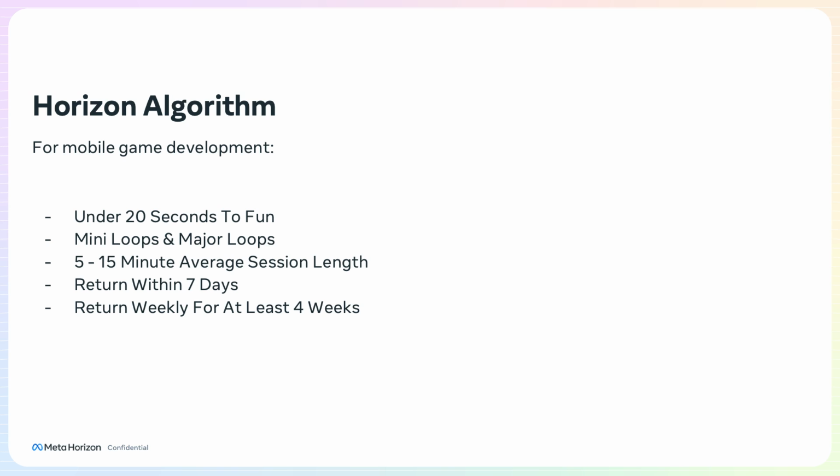Okay. Continuing on the algorithm side of things, things that Horizon's looking for, we know that we have to get users to return within 7 days, or at least I hope you know this. And if you don't, take a note. When a user first visits, they need to visit the next day through the next 7 days for that to be considered a retained user. But then there's a larger algorithm in Horizon that's looking at the monthly version of this. Did they return for the next week and the next week and the next week and so on, for at least 4 weeks.